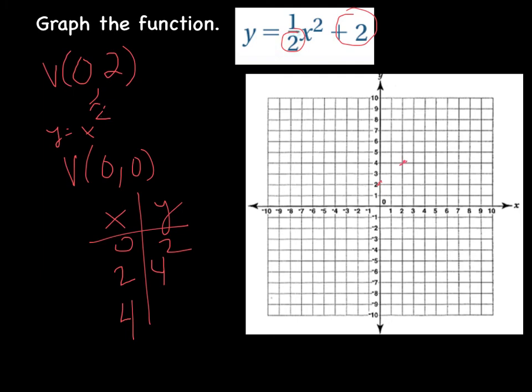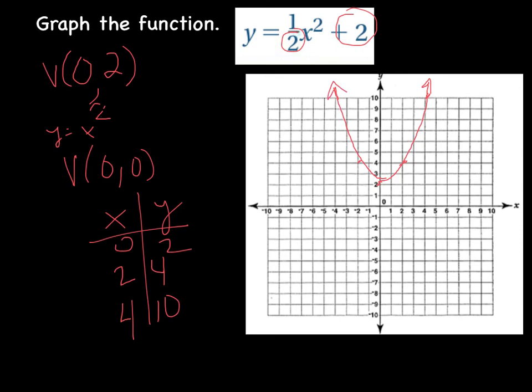And if I've got the point 2, 4, then the symmetry is also going to give me the point negative 2, 4. If I put in positive 4, 4 squared is 16, half of 16 is 8, plus 2 gives me a point at 4, 10, all the way up here at the top. And if I've got the point at 4, 10, the symmetry tells me I'd have the point at negative 4, 10 as well, because the y-axis is my axis of symmetry. So now I can sketch in